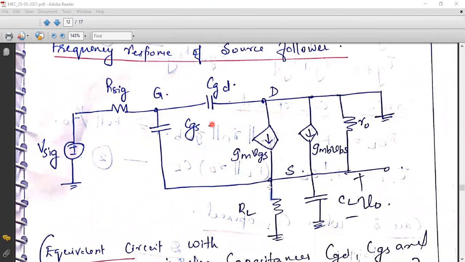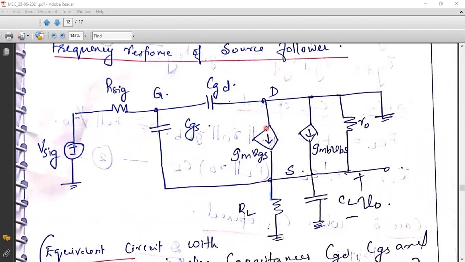Understood the concept, students? If you know the concept, it is a very, very simple subject. Otherwise, if you are missing the classes, if you are not regular, if you are not taking the notes, if you are sleeping, no use. So take down the notes, all the steps, whatever points I'm teaching you, all those should be in your lecture notes. It will be very helpful for you for marks.